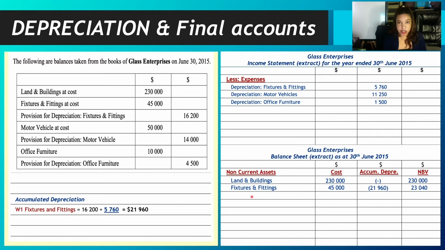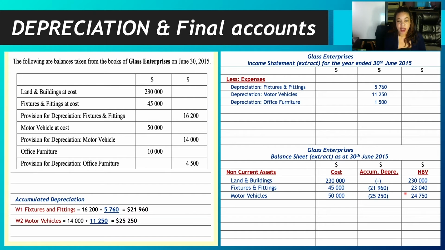So same thing for motor vehicles. What was the previous accumulated depreciation? Motor vehicles, you look for provision for depreciation. So you're looking for the provision for depreciation for the accumulated motor vehicle. It was 14,000. So 14,000, and you calculated your annual as 11,250. So you add that to your previous, and you will get a new total of 25,250. And that will mean